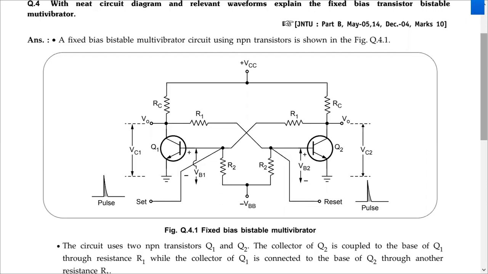So again, I am repeating, for an NPN transistor base, if we give sufficiently high voltage, so that sufficiently high base current is drawn by the transistor, that will push the transistor towards on. Obviously high base voltage, when we say high, it is positive, the transistor becomes on. Obviously low or negative base voltage will push the transistor to off.